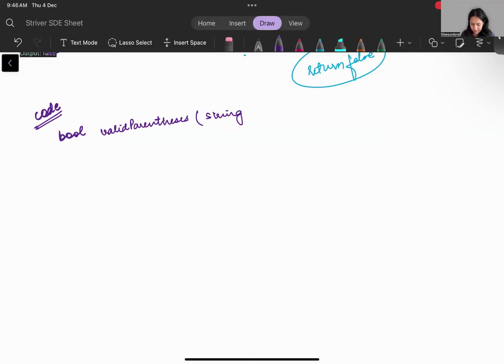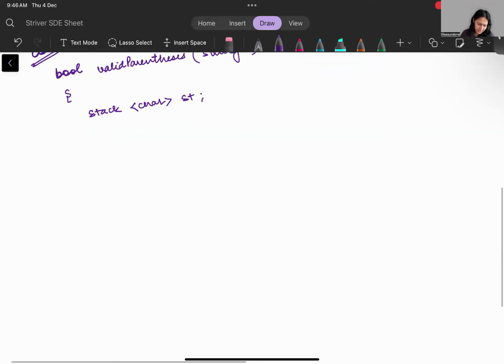And what you've been given is string S. We go ahead and create a stack for characters. Okay. Now first things first, if your stack's length